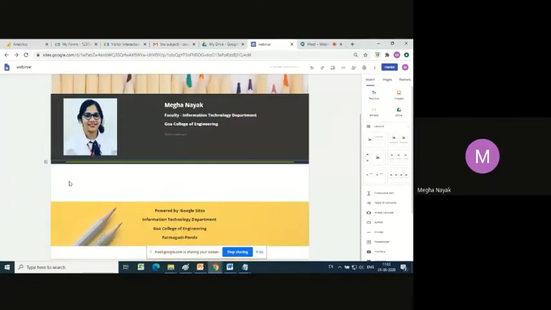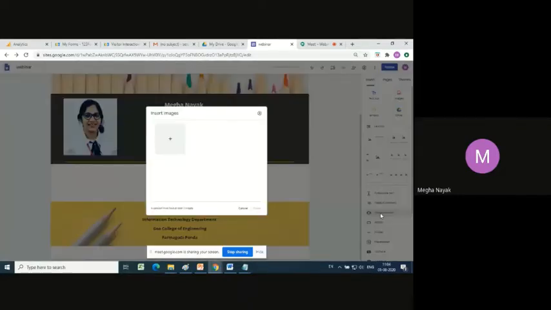Okay, now let's go one step ahead and put an image carousel. I believe we all visit websites wherein we see those images changing, right? So here I have an option of image carousel. I click on that. Now whenever you are putting an image carousel, please keep in mind that it needs to have at least 2 images.